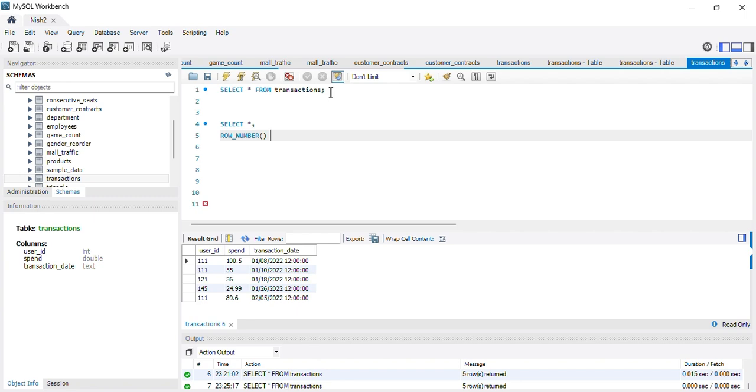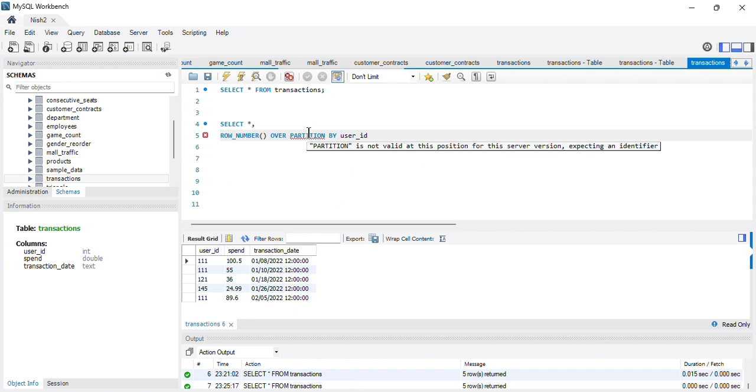So I'm assigning the row number over partition by, since I want to retrieve for each user, so I'll just do the partition by clause on the user ID.